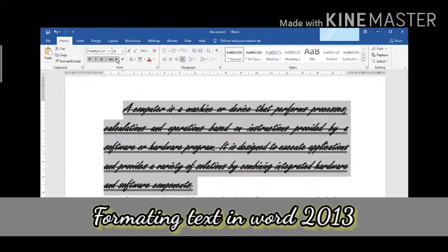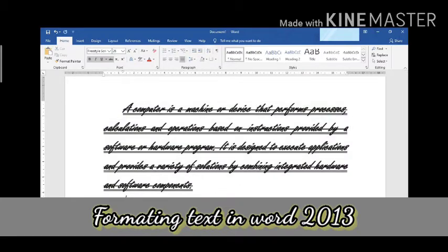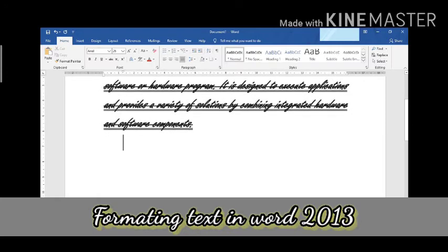Then moving to the next option, this is subscript. Like this you can write. For subscript also you need to change a few settings, because I don't want bold, italic and underline, so I am changing that. See, this is normal writing, H2O, but I want this 2 below. So I'll click on the subscript option. I don't want the 2 over here, it should be like this. See, it becomes small and a little bit below.